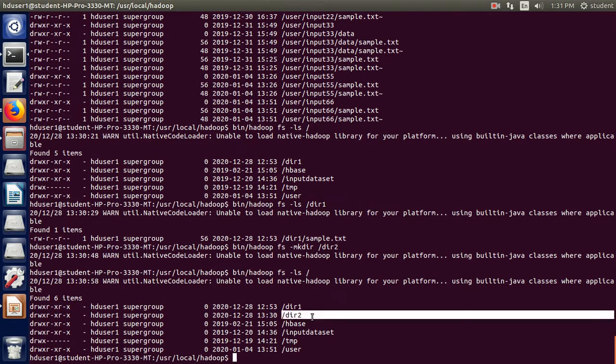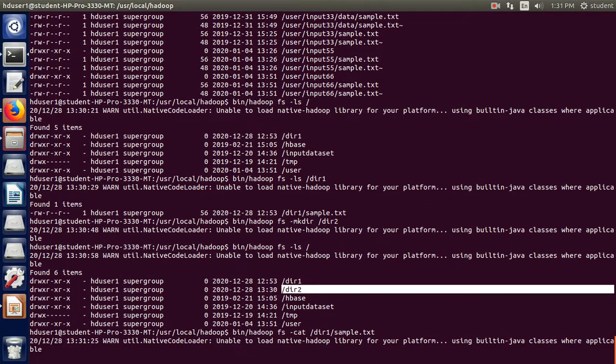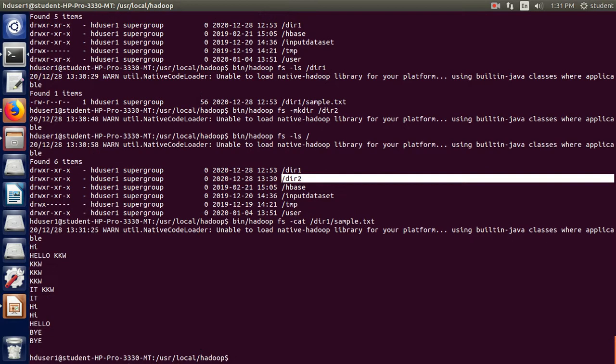Now to see the contents of sample.txt under dir1, I will use the -cat command on sample.txt, which is a file under dir1. So I can see the contents of sample.txt, some text like hi, hello, kkw.